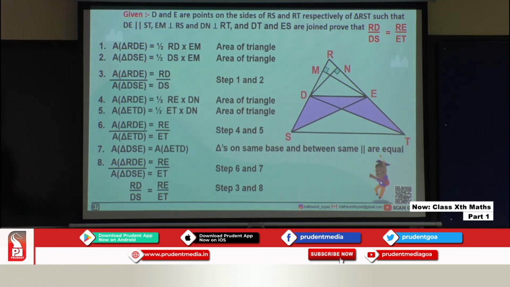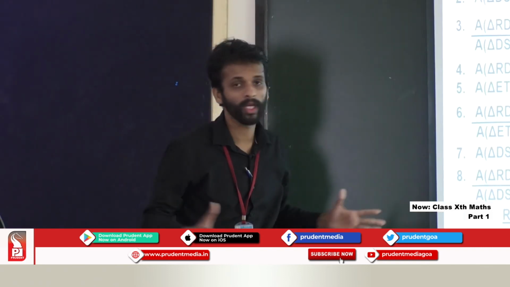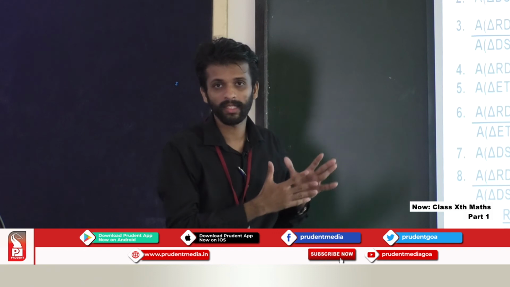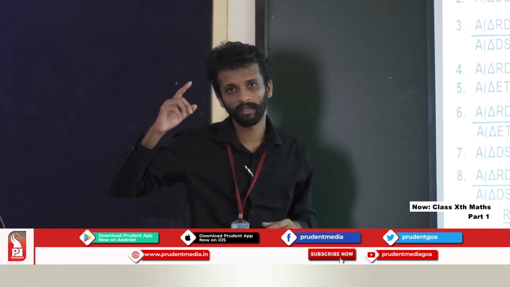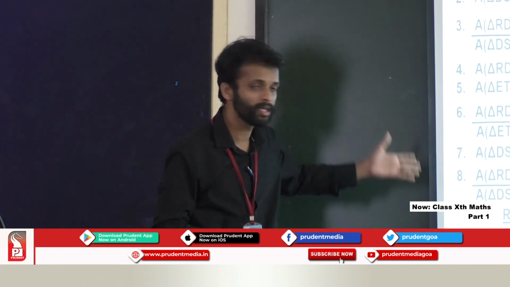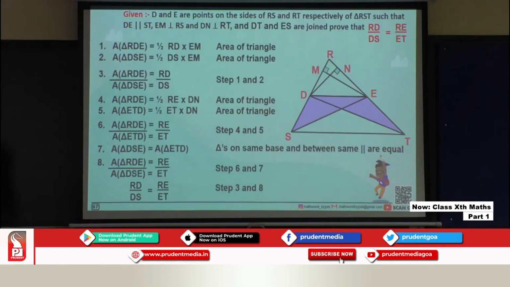This 7th step is a completely different concept. You need to keep in mind that those two legs of the two triangles are equal, and why? Because they are on the same base and between the same parallels. Once they are equal, I can just equate it to the other steps, and then you are done. It's that simple. So whatever Thales, the mathematician, said is proved, and I hope you have understood this entire